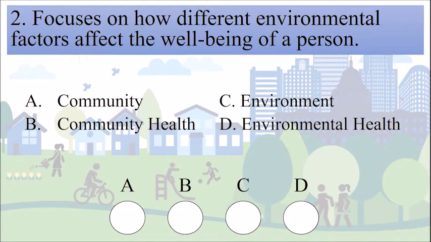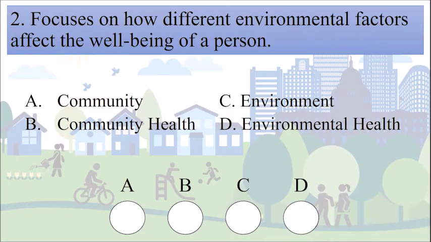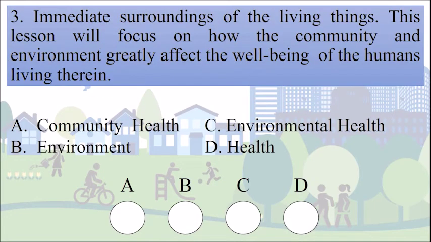Number 2. Focuses on how different environmental factors affect the well-being of a person. A. Community. B. Community health. C. Environment. And D. Environmental health. The correct answer is